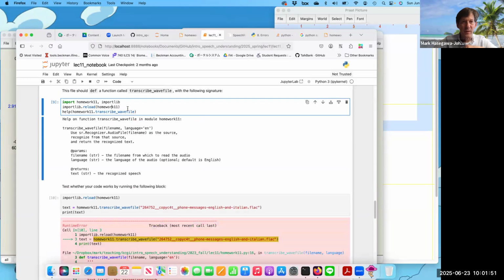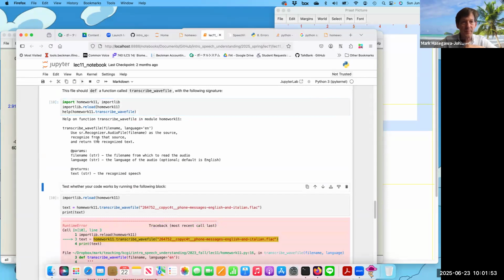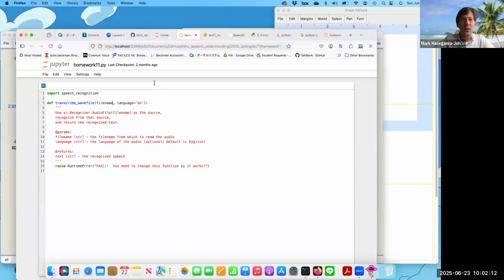Excuse me. So let me run the doc string. The doc string says we want to use the SR recognizer audio file name as the source, recognize from that source, and return the recognized text. The file name should be the string, the file name from which to read the audio. The language should specify the language of the audio. Optional, the default is English. All right, so let's go ahead and